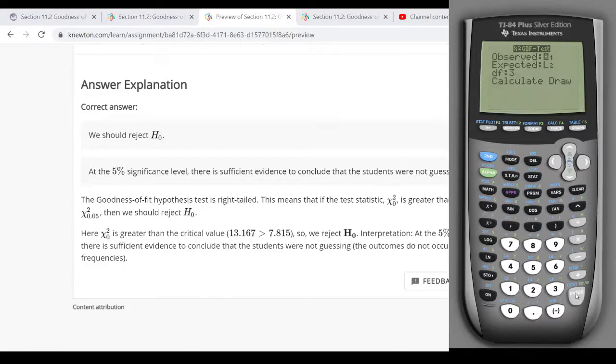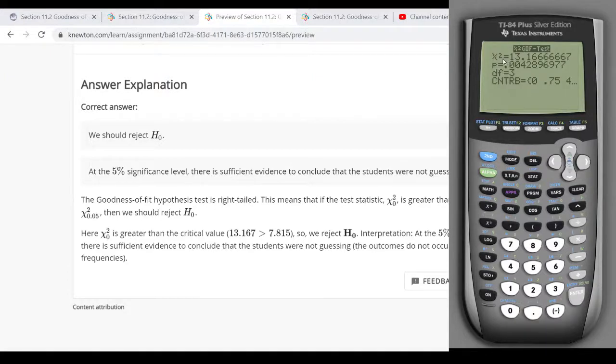I click on that. It says, what's your observed list? Well, that was L1. I already have L1 there. What was your expected list? L2. I already have L2 there. And then what was the degrees of freedom? Again, that was the number of categories minus 1, which is already 3 from a previous problem I did, but it's 3 in this case again. Again, this might change, but then I go calculate,